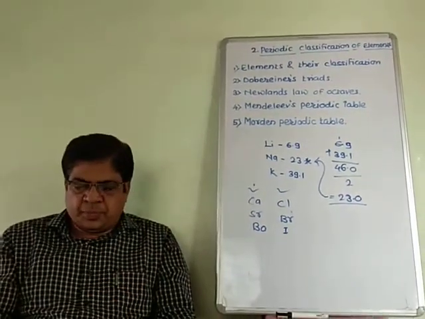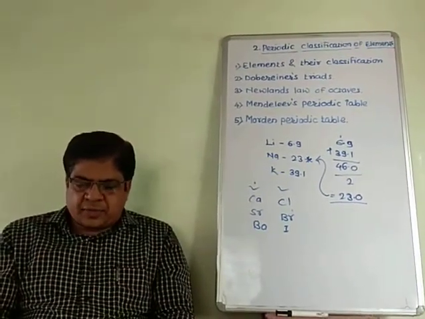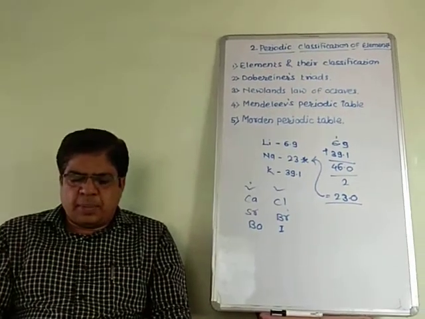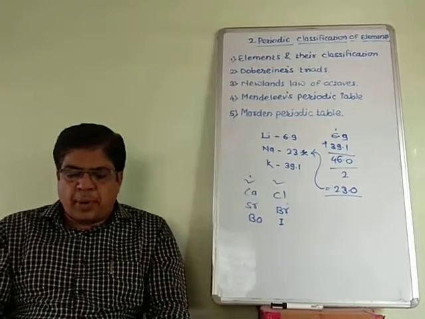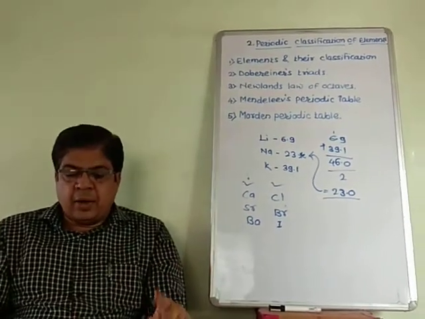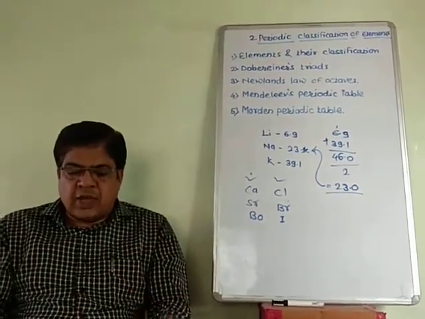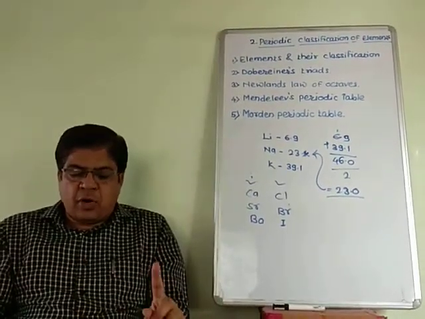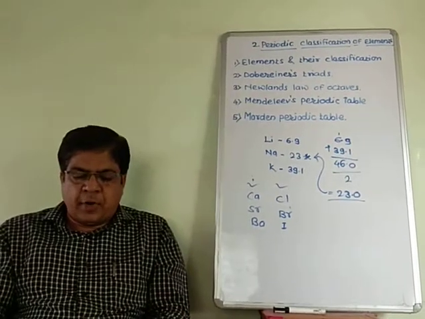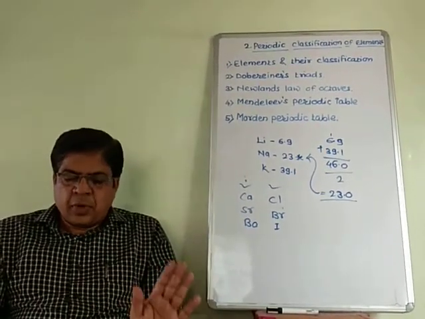When the properties of elements in a period or a group of the modern periodic table are compared, a certain regularity is observed in their variations. It is called periodic trends in the modern periodic table. Okay, is it clear?